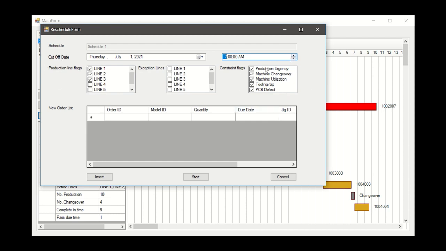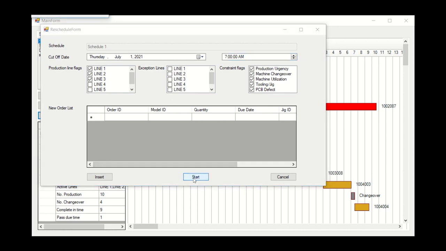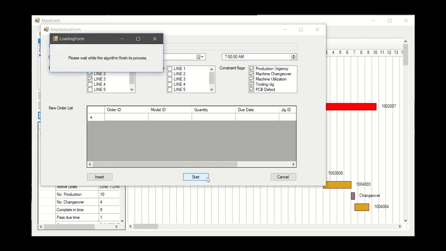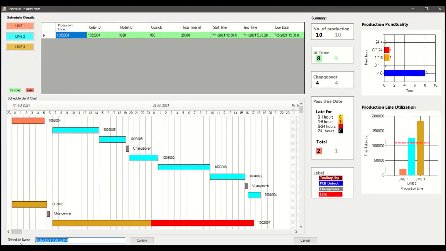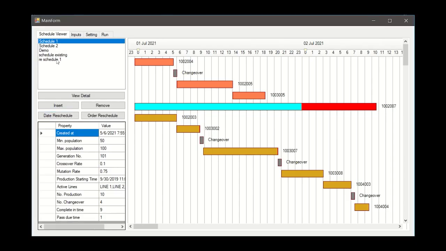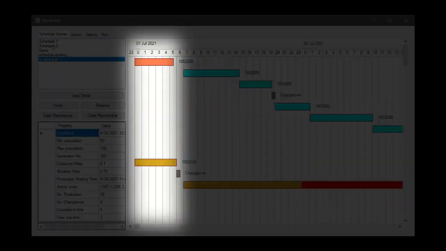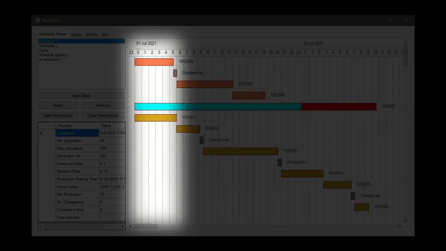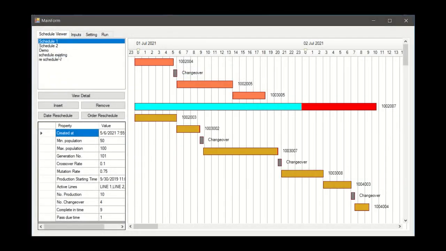The settings below are similar to just now. I will leave them the same for now. Click the Start button. We will obtain the new schedule after that. Let us save the new schedule and do the comparison. As you can see, the 2 orders that completed before 7 o'clock remain unchanged, while the rest of the